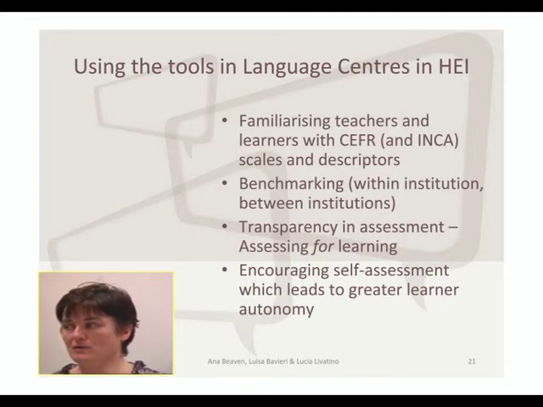The third use that we see is that of encouraging transparency in assessment. It is very important, we believe, that assessors are more aware of the processes that they go through when they make assessments, and that learners understand those processes better. Both tools, as we have shown, contain annotation windows in which the assessor can explain and justify why they believe that a certain assessee